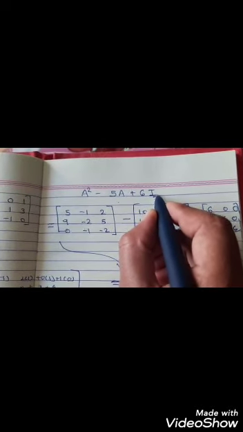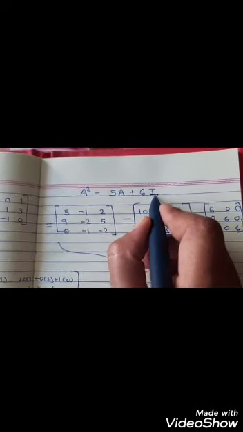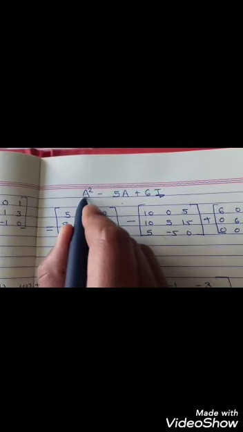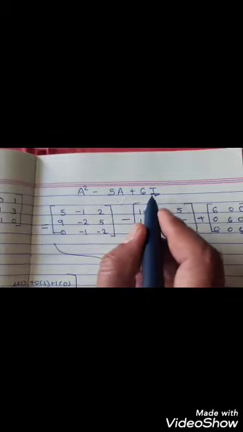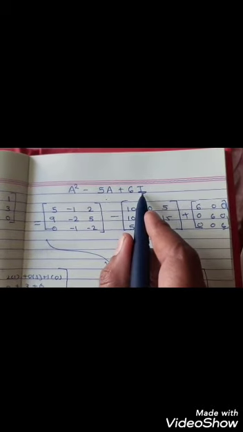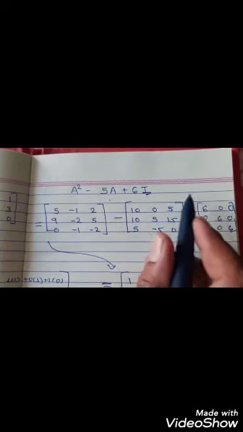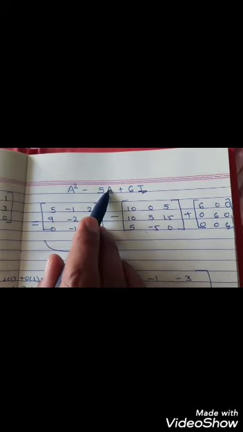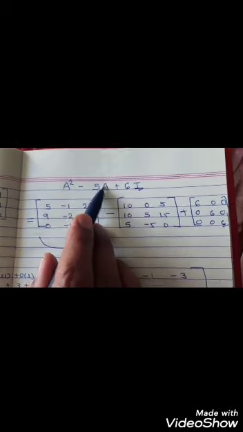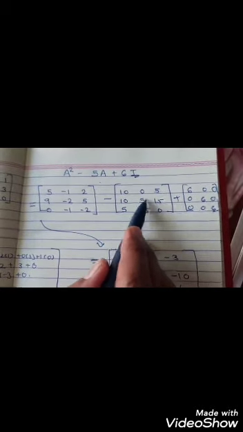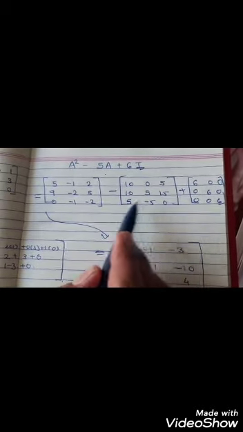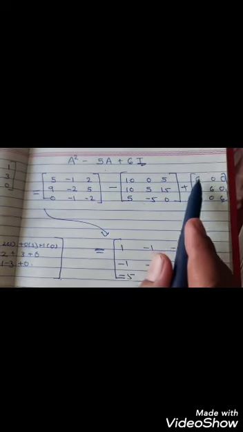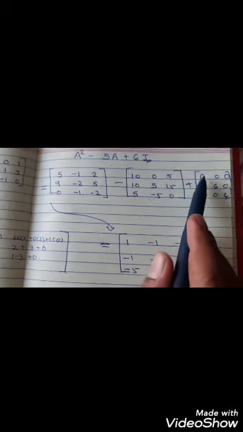Here the question is, what is I? Recall that I is the identity matrix. Since A square and A are 3 by 3 matrices, I will be the identity matrix of order 3 by 3: 1 0 0, 0 1 0, and 0 0 1. So A square I have written here. Now minus 5A. That means we have to multiply every element of A by 5. So let us multiply all the elements of A by 5: 10, 0, 5; 10, 5, 15; 5, minus 5, 0. Plus 6I. The identity is 1 0 0, 0 1 0, 0 0 1. So I multiply I by 6: 6 0 0, 0 6 0, and 0 0 6.